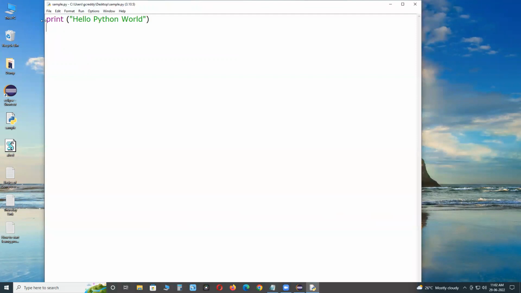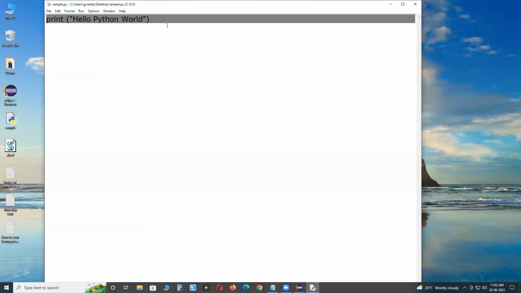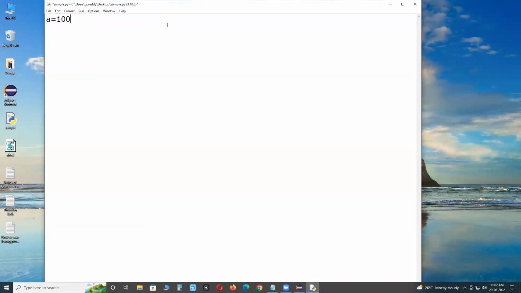Next, Python also. In Python also, implicit declaration of data types. Suppose A equals 100. What is A's data type? Is it integer? I didn't specify that. It doesn't support explicit declaration of data types.